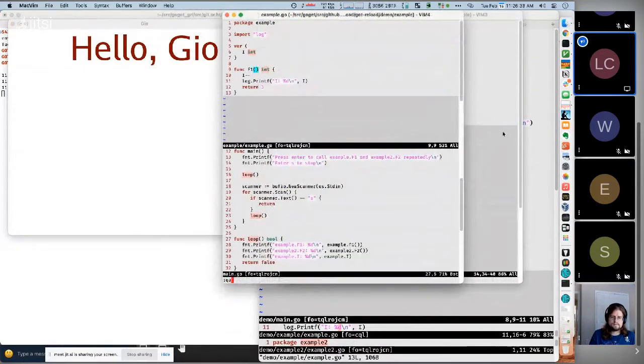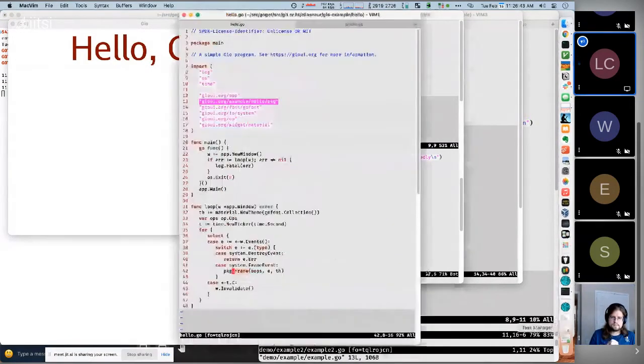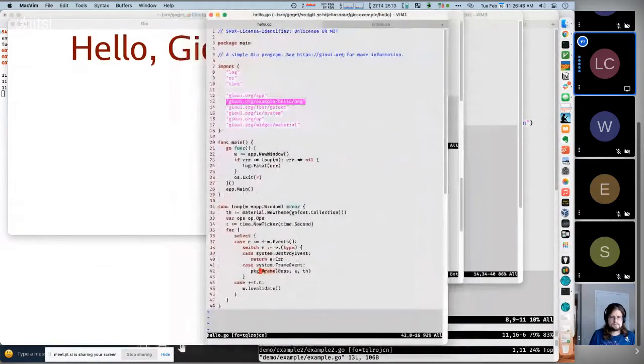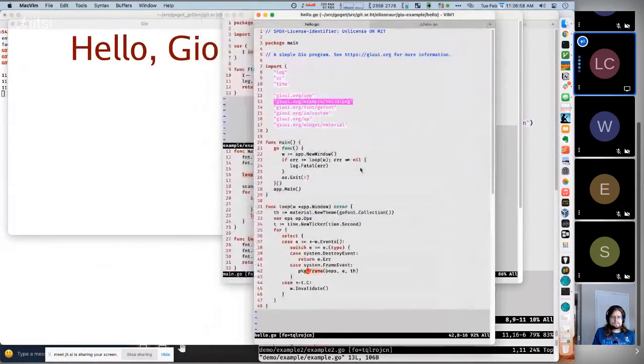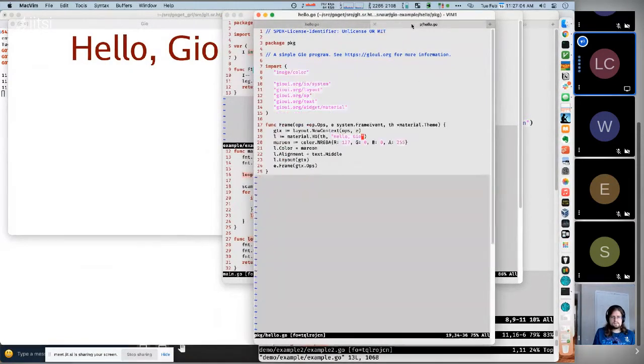Apparently not. Oh, no, I take it back. I think I codified it way down here. That's the view example, hello. Here we go. Okay, so this used to have some code inline for a system frame event. I moved that to the PKG package and just called frame. Frame looks like this. And one of the interesting things about all this is that you can redefine this function